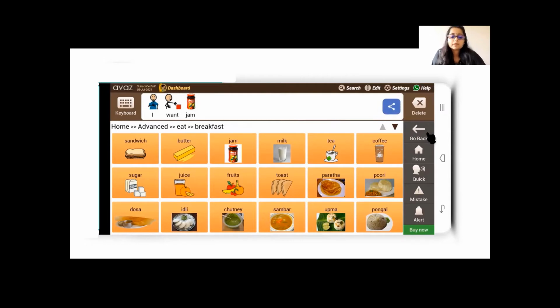Okay, so I hope you're all able to formulate a sentence. And now, as you can see here, when the sentence is complete, when I'm done with my message, on the message bar, I see a share button. So the share button is useful when you have to share this message with another person, right? So if I have to share this message,